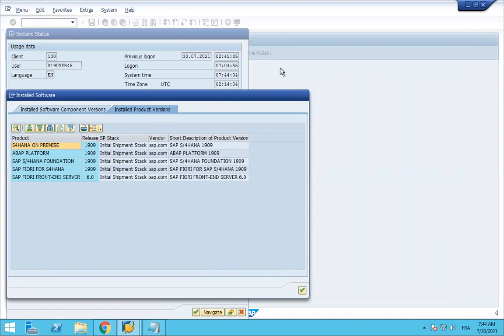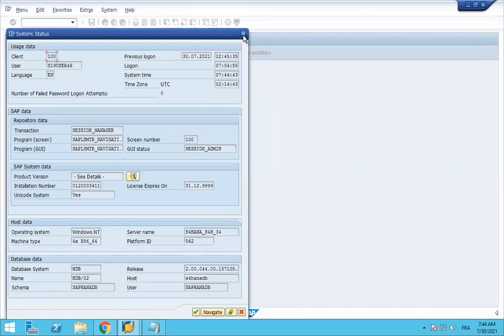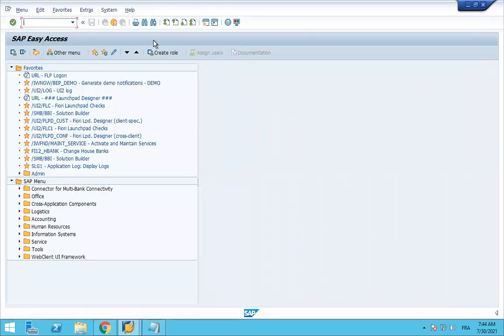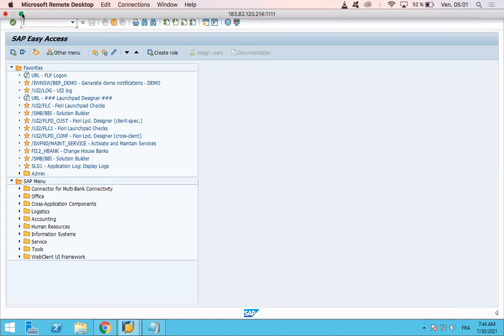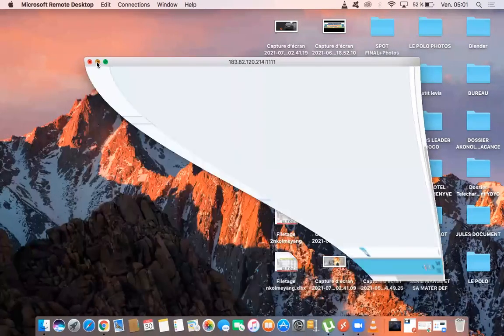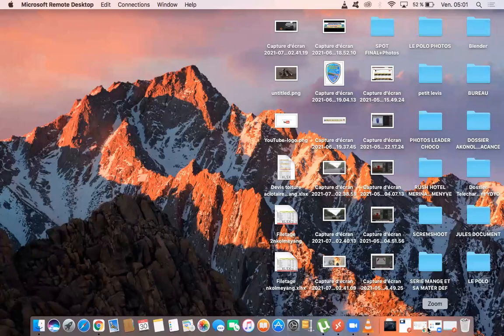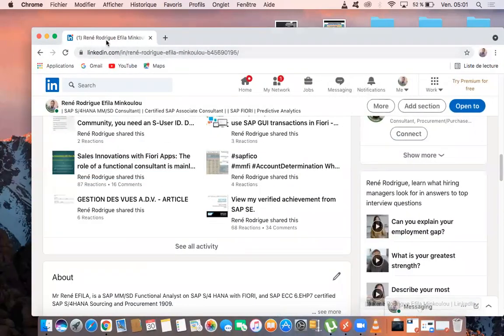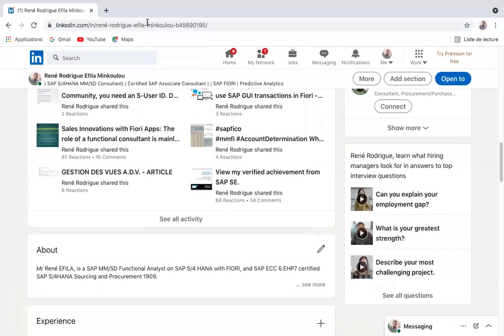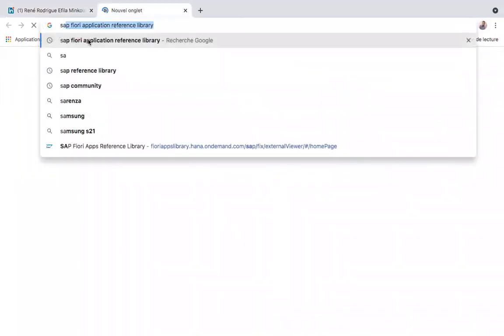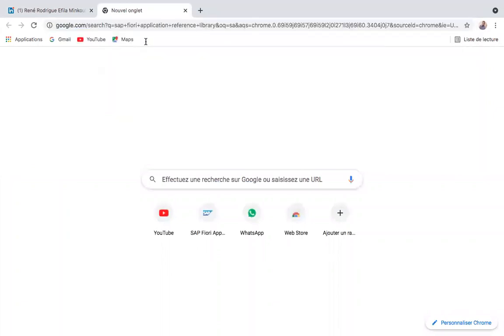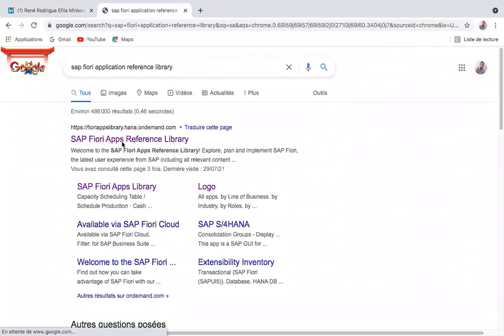And then we'll go to the SAP Fiori apps reference library, also called the Bible of applications, to look for another piece of information about Manage Purchase Requisition. You need to go to the SAP Fiori application reference library, the Bible of Fiori applications.